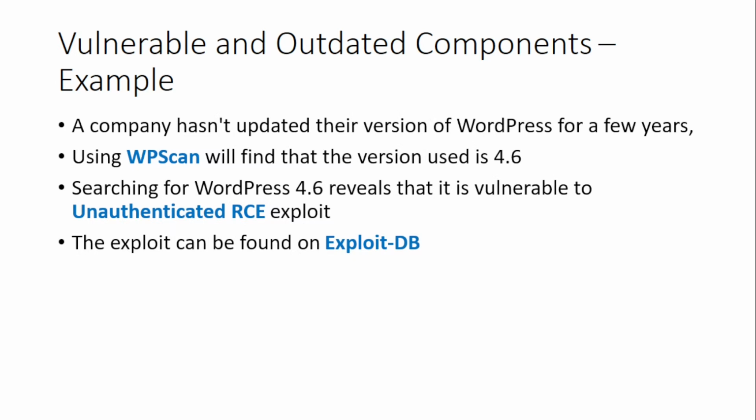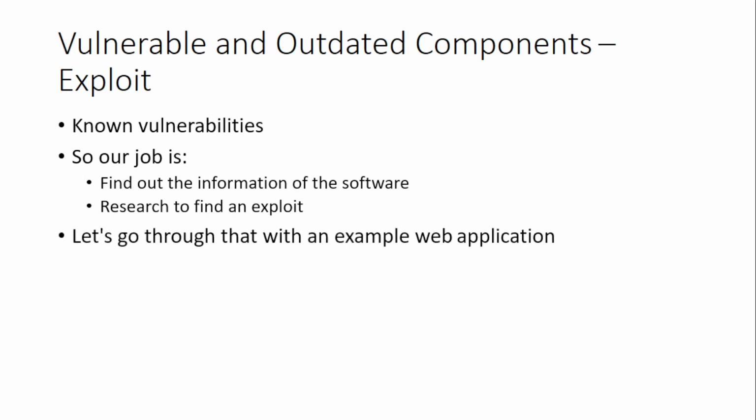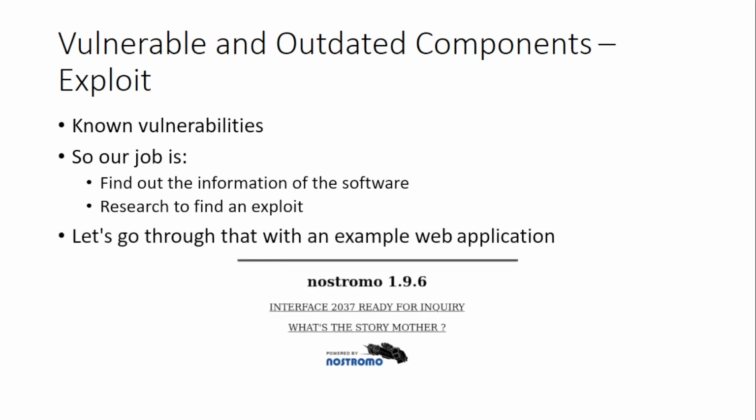And the thing is, if a company misses just one single update for a program they use, it could be vulnerable to any number of attacks. So let's talk about how we would do it in practice. This is about known vulnerabilities, which means most of the work has already been done for us. Our job is just to find out the information for the software that is being used and research to find an exploit. So let's go through that with an example of a web application, which is this one, Nostromo